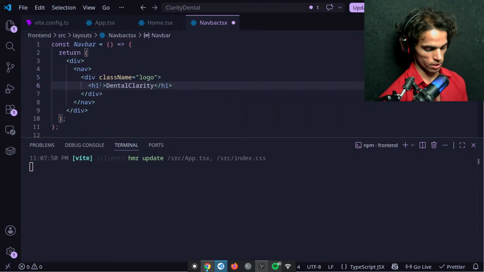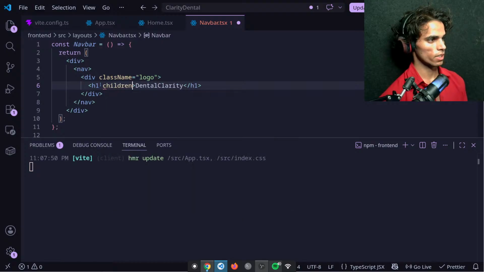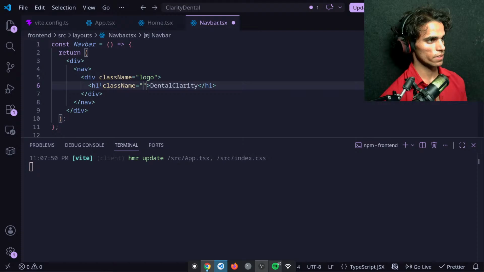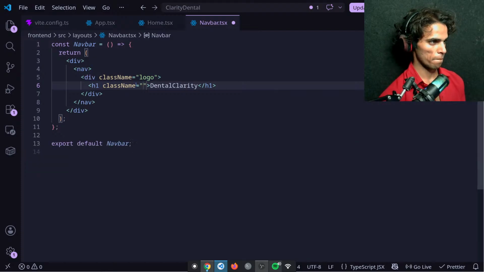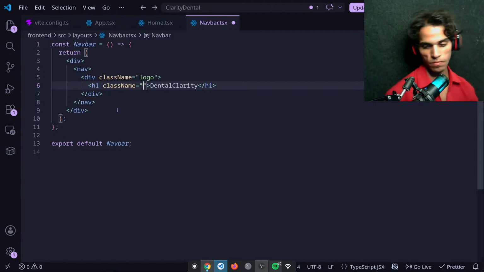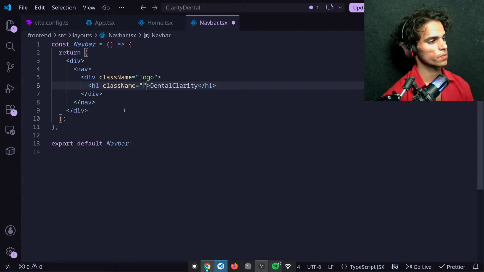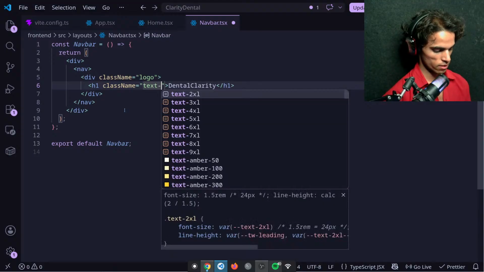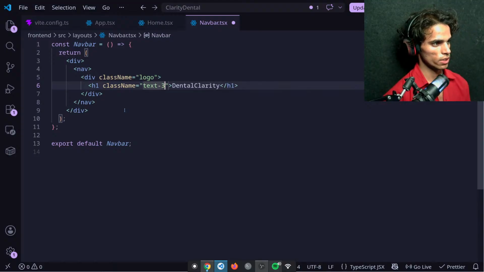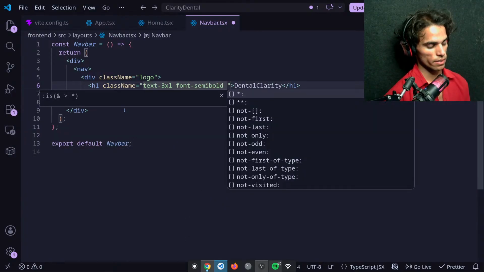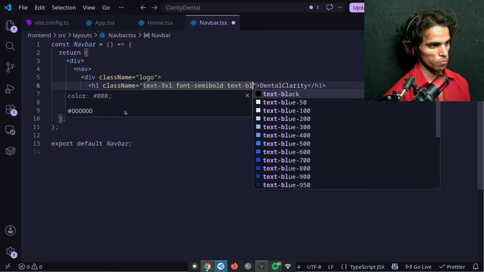Okay, and class name, and let's give it class name of text-3xl, and font semi bold, and text color will be blue for now.